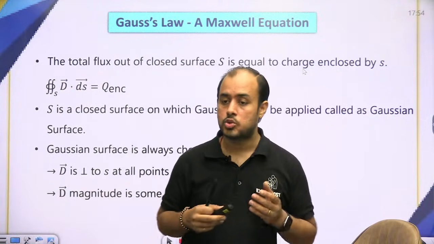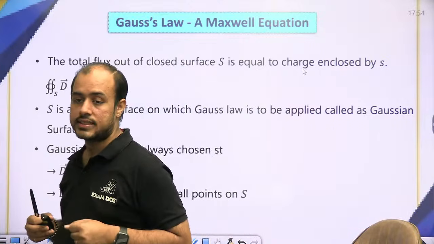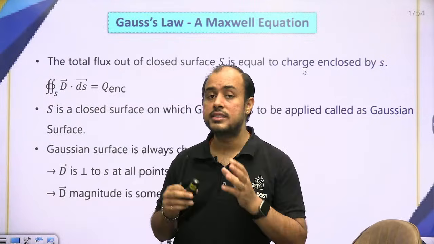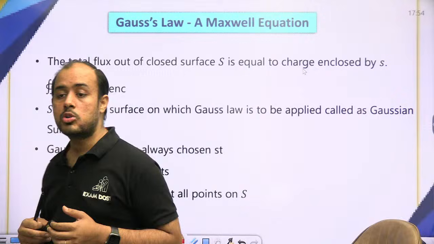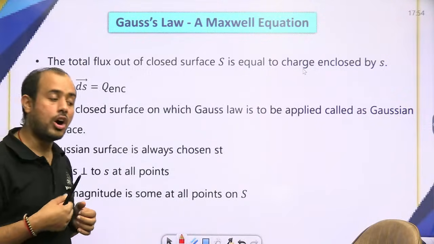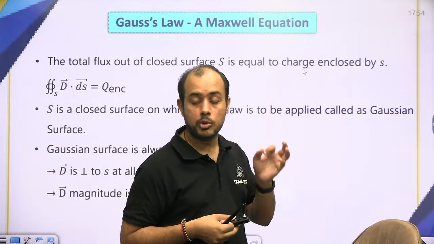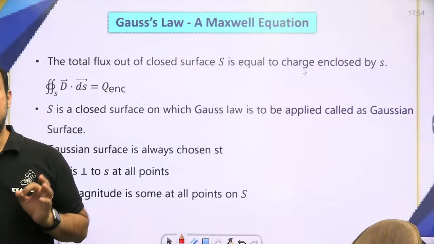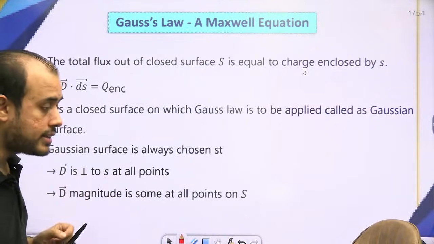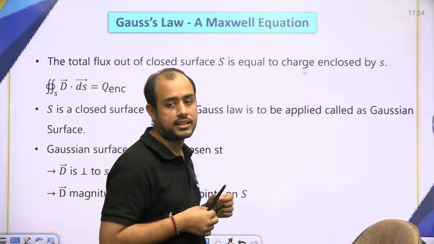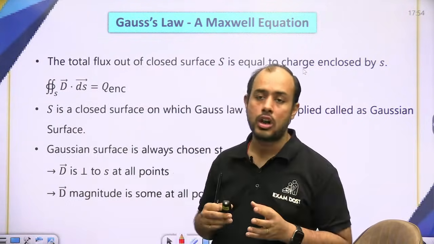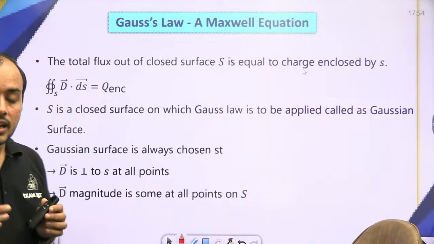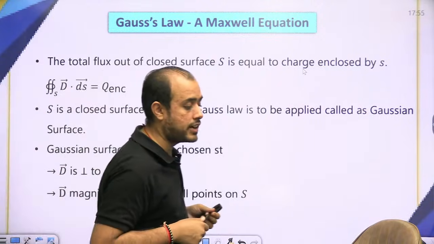अब बेटा, टू अप्लाई द गॉस लॉ इट इज वेरी इंपॉर्टेंट टू चूज अ क्लोज सरफेस कॉल्ड गॉसियन सरफेस। हाउ टू चूज गॉसियन सरफेस? बिफोर अप्लाइंग गॉस लॉ वी मस्ट ऑलरेडी हैव एन आइडिया अबाउट हाउ द इलेक्ट्रिक फील्ड वेरीज और व्हाट इज द डायरेक्शन ऑफ द फील्ड। मुझे ये आइडिया होना चाहिए इलेक्ट्रिक फील्ड किस कोऑर्डिनेट पे डिपेंड करती है और इलेक्ट्रिक फील्ड का डायरेक्शन क्या होता है। व्हाई? बिकॉज आई विल चूज अ गॉसियन सरफेस सच दैट इलेक्ट्रिक फील्ड विल बी सेम एट ऑल पॉइंट्स ऑफ द सरफेस एंड इलेक्ट्रिक फील्ड विल बी परपेंडिकुलर टू द सरफेस।